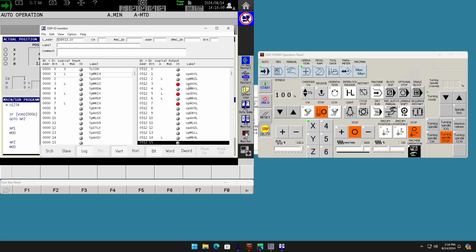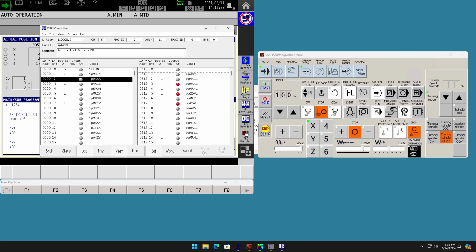It can be a little confusing to try and scan through a lot of these, but there's a couple of quick things that you can look at. So anything that begins with the letter O, lowercase o, is an output. Anything that begins with the letter I, lowercase i, is an input. Anything that's followed with a lowercase p, whether it's input or output, is going to be associated with the panel. So just kind of scanning through these, like axis, selector,